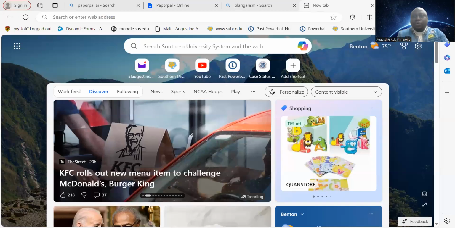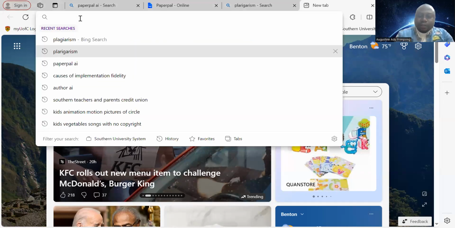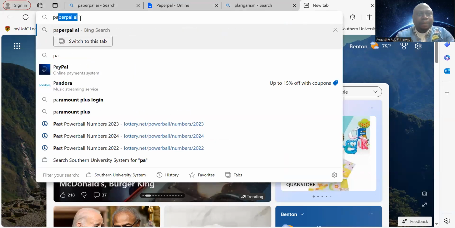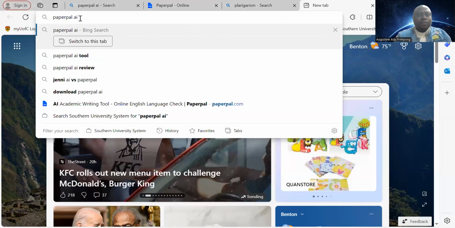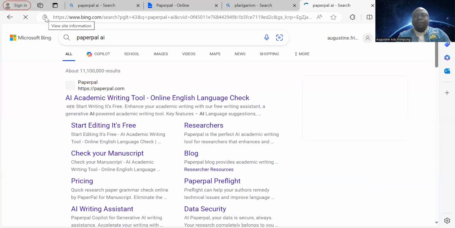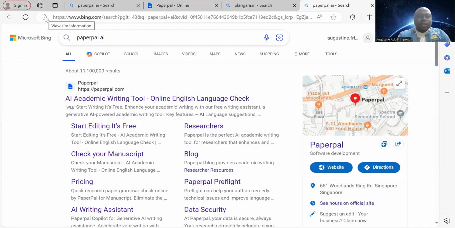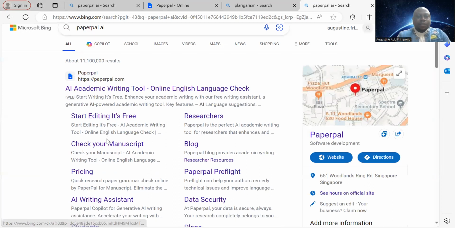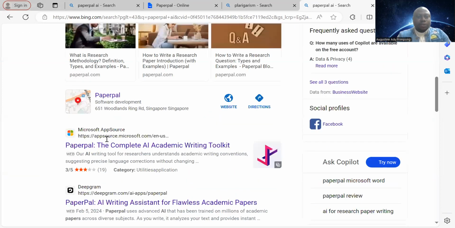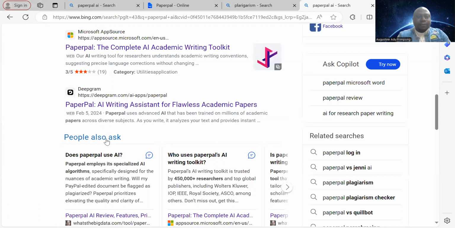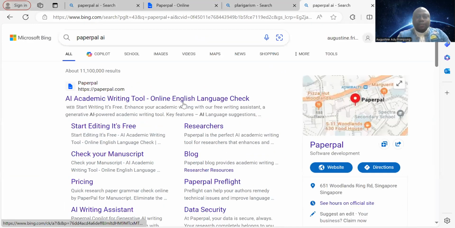is to open your browser. As you can see on my screen, I've opened my browser. So I'm going to type in Paperpal AI. Once I type in Paperpal AI, then I'll hit my enter key. When I hit my enter key, what will come is that you'll see a series of options. So you'll be looking for Paperpal AI, and that is the first link that you'll see, AI Academic Writing Tool,